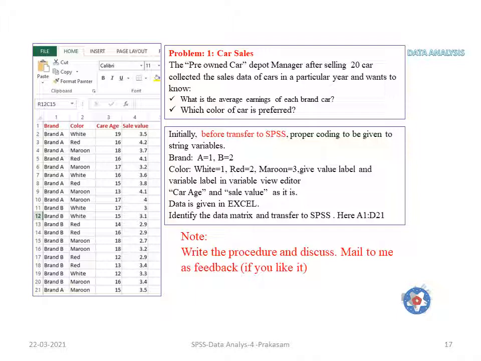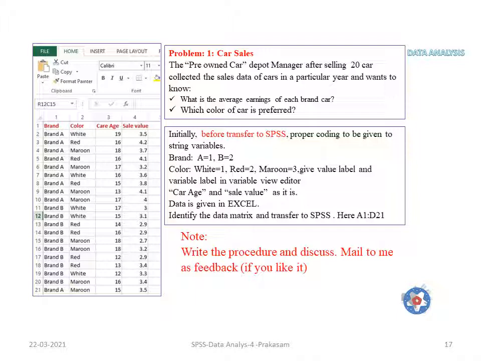The color of the car is given as white, red, maroon and others. Therefore, you have to recode it: white equals 1, red equals 2, maroon equals 3, giving proper value labels as well as variable labels.